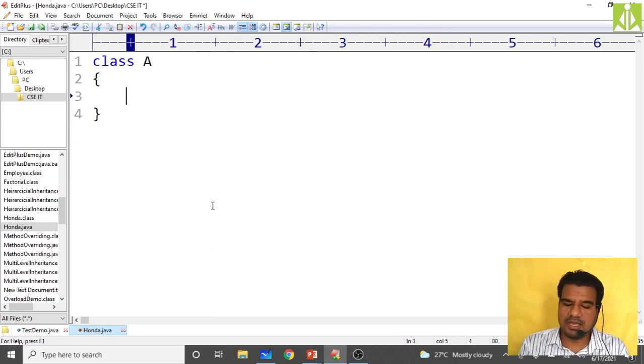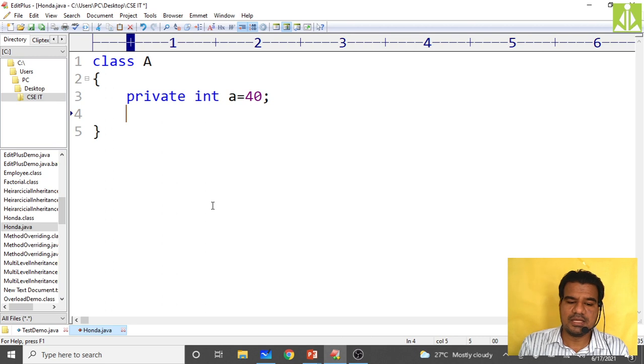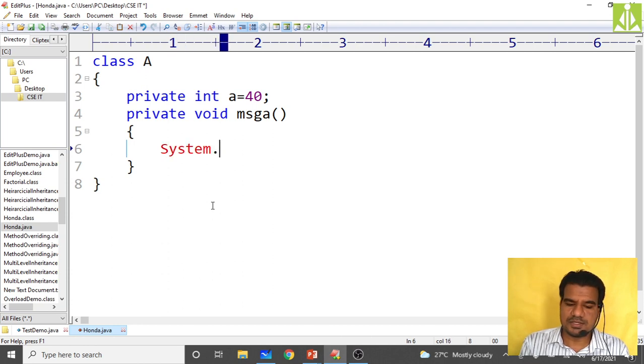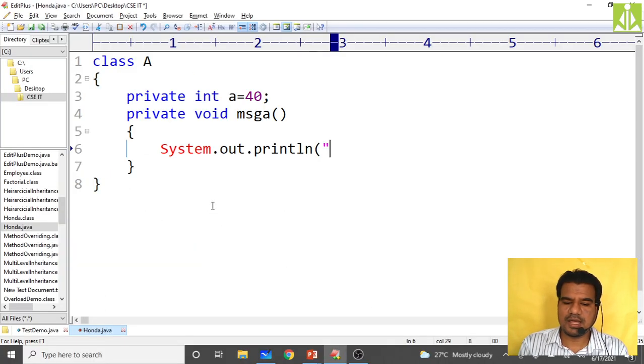Class A I'm making, and private int a equals 40. Then private void messageA. In this method I'm writing one simple System.out.println with the message "A class method". Close this, so class A is over.